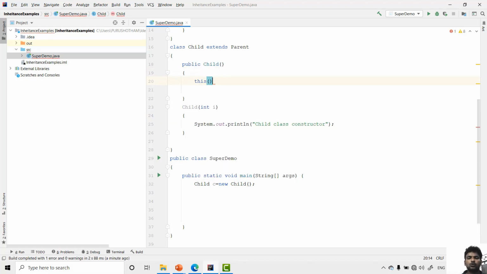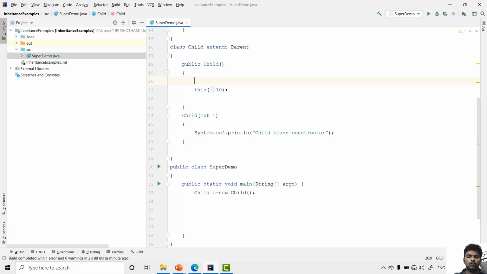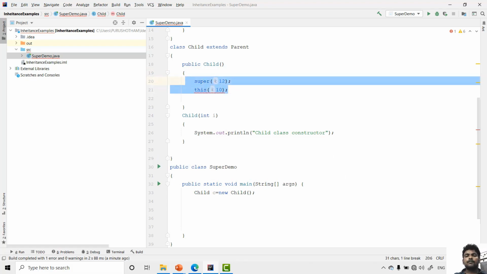If you want to call this, you can use this method. This method is used to call current class constructor, and here if you want to call this one, you have to pass some integer value like 10. Now this time it will call what? Child class constructor. That is current class constructor. Now if you call super here, within constructor, both are not possible.